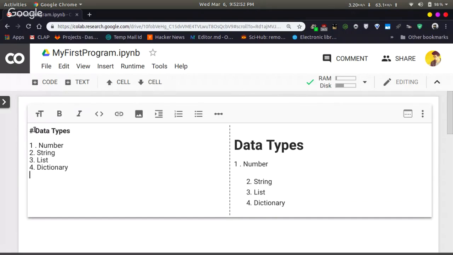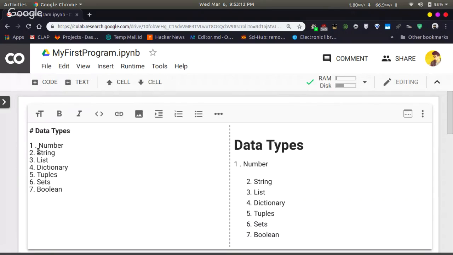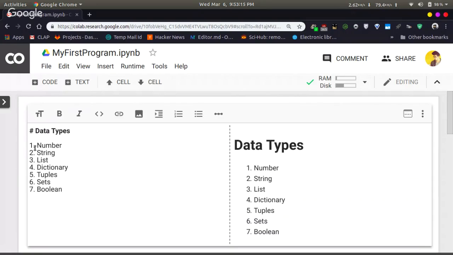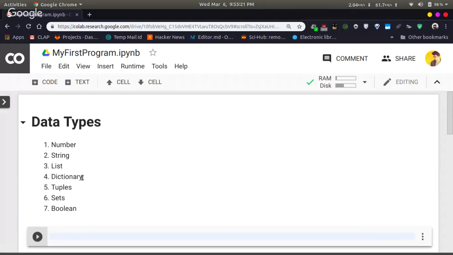Dictionary, tuples, sets, and boolean. So these are the different types of data. Numbers, strings, list, dictionaries, tuples, sets, boolean. By studying all this, you will have covered the basics of data types.